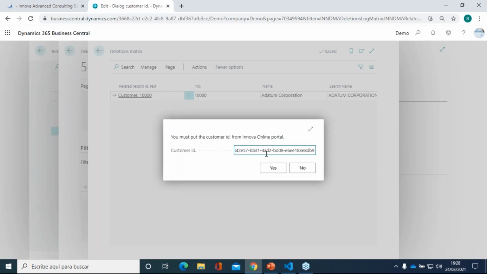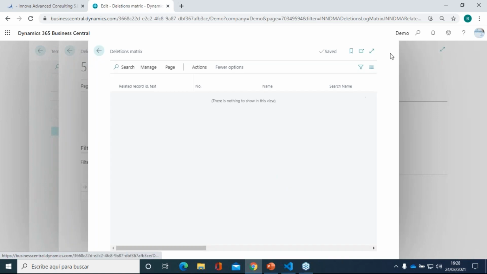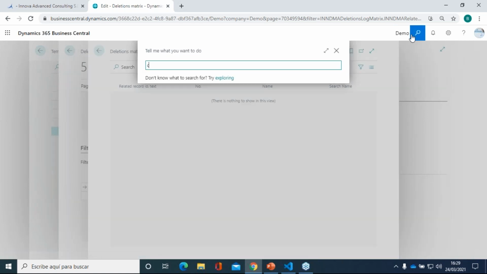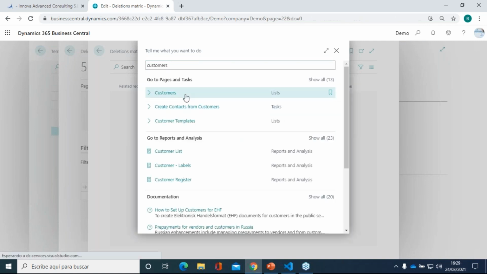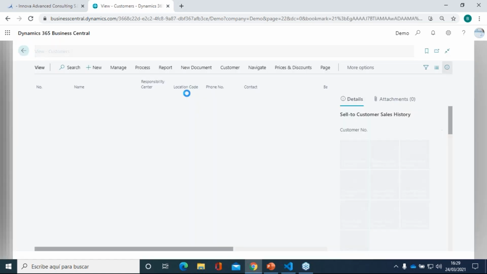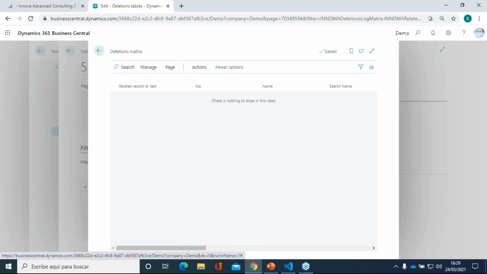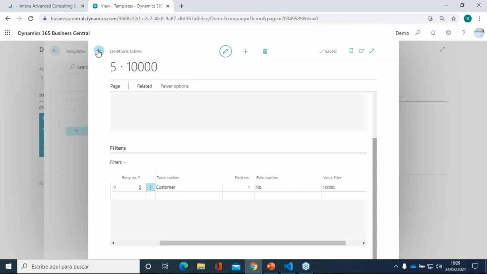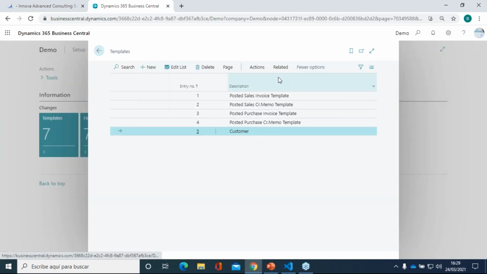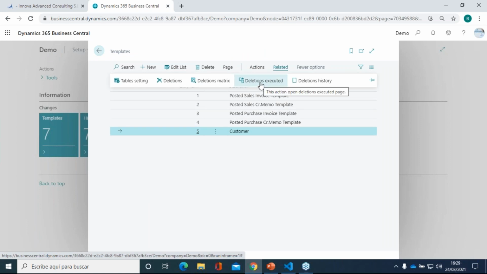Customer ID, so confirmation. And let's go to our list. Customer list. And as you can see, the customer number 10,000 is not there anymore. Okay, it has been successfully deleted from our system, but now, because I think it's a mistake, I'm going to revert it. Again, deletions executed,